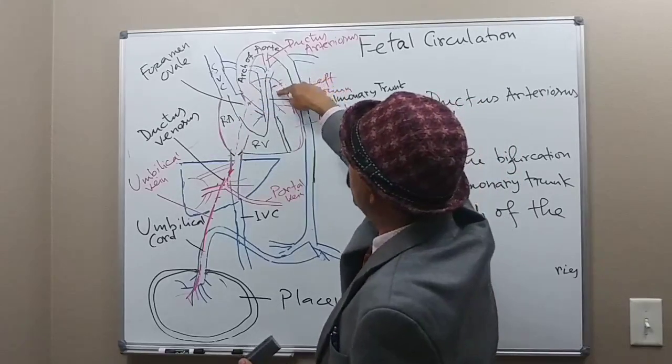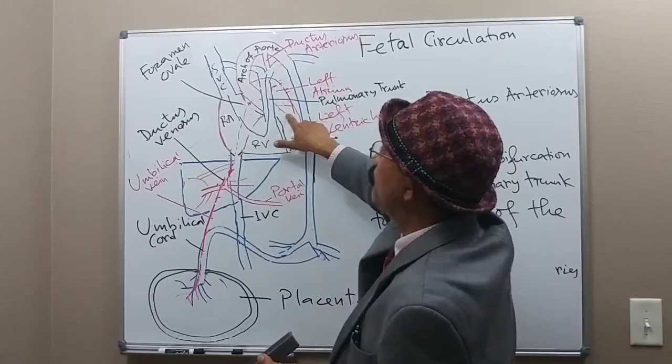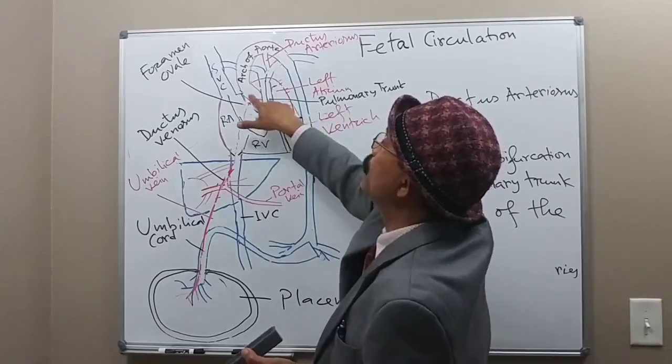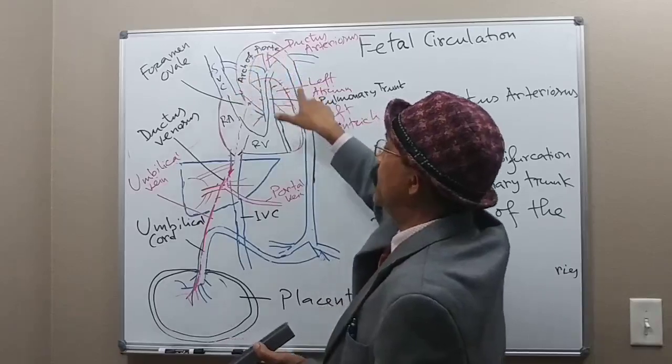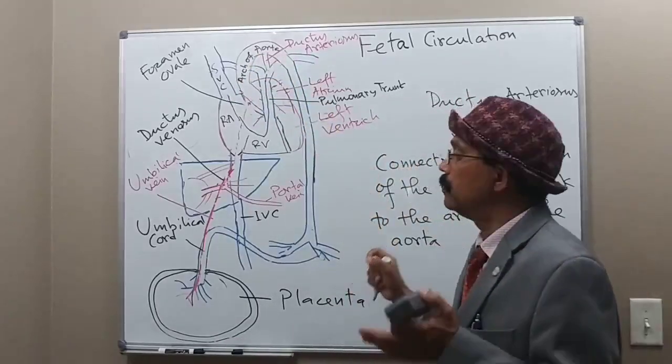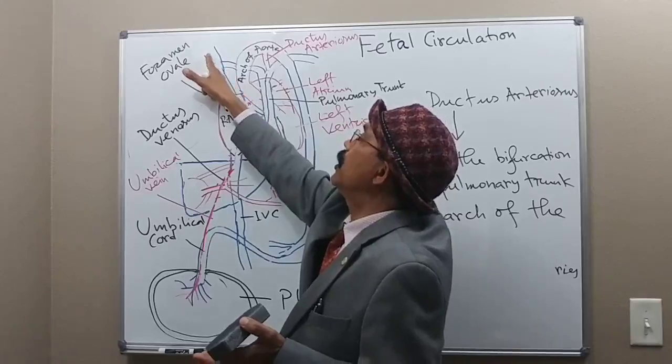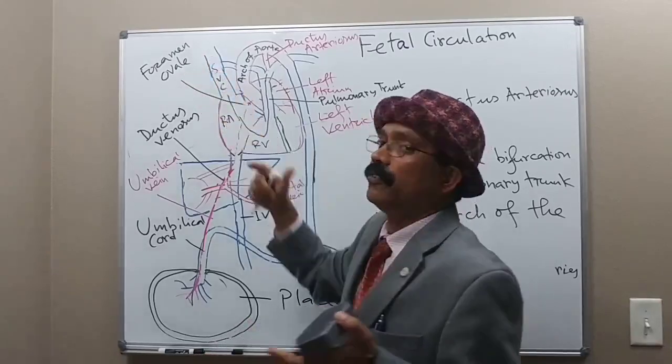From the left atrium, blood goes to the mitral valve, or left atrioventricular valve, to the left ventricle, coming out through the ascending aorta and the arch of the aorta. Okay, this is one way. Another way, from the blood returning to the heart to the superior vena cava, that is